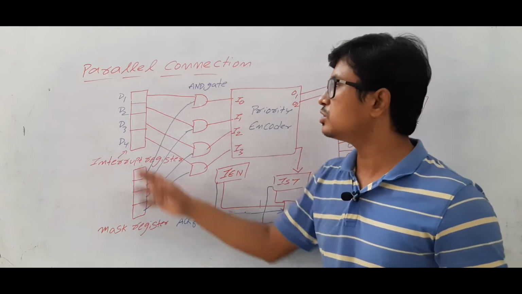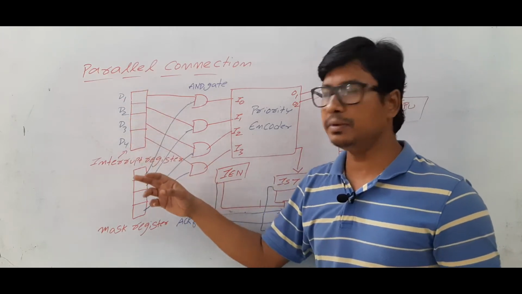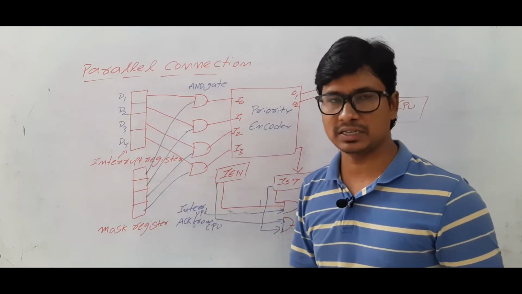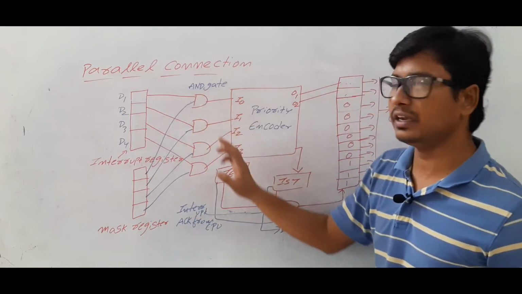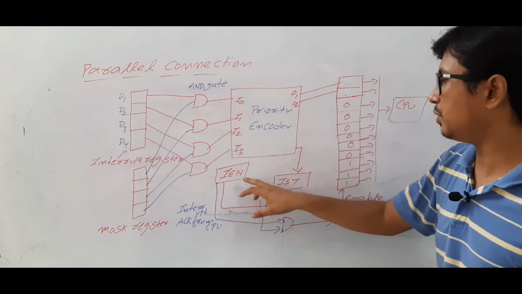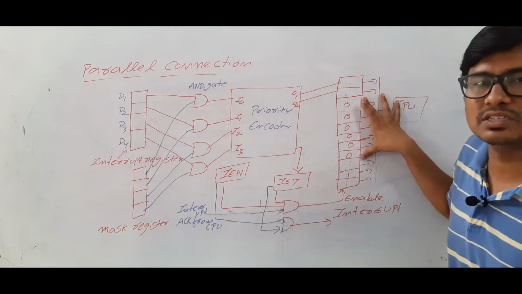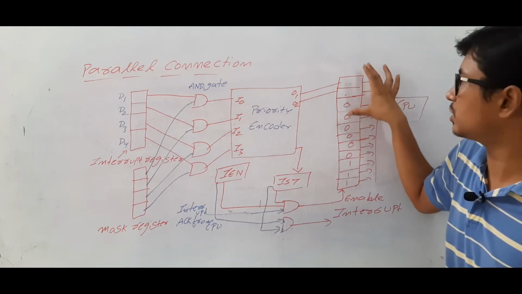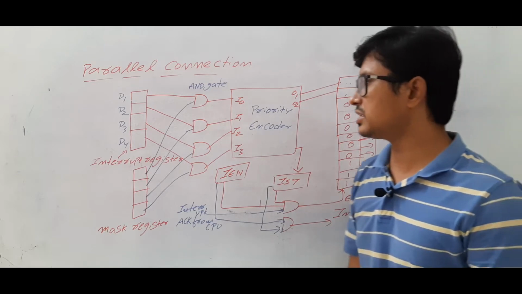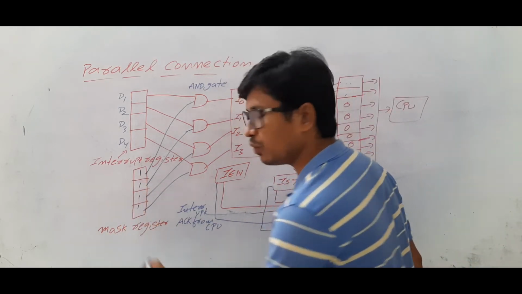Am I right or wrong? So they should not disturb device 1. The elimination of device 2, device 3, device 4 can be done with the help of the mask register. Then we have an AND gate and a priority encoder, and then we have the interrupt enable pin and the interrupt service table, and we have this address, the interrupt service routine address. How to get it, we will discuss. Okay. Now, initially the mask register will be 111.